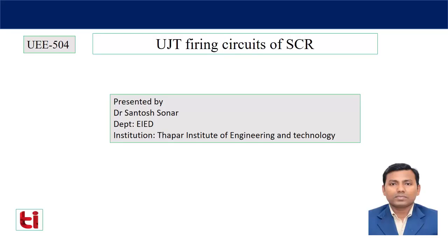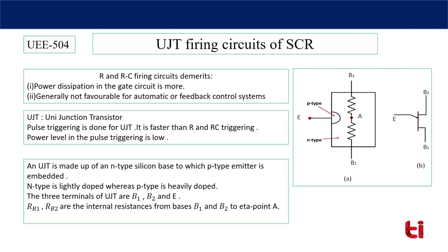Today I am going to discuss the UJT firing circuits. In the last two classes we have seen the resistance firing circuit and resistance-capacitance firing circuits. The UJT firing circuit is comparatively faster than the resistance and RC firing circuits. Let's start. In R and RC firing circuits,